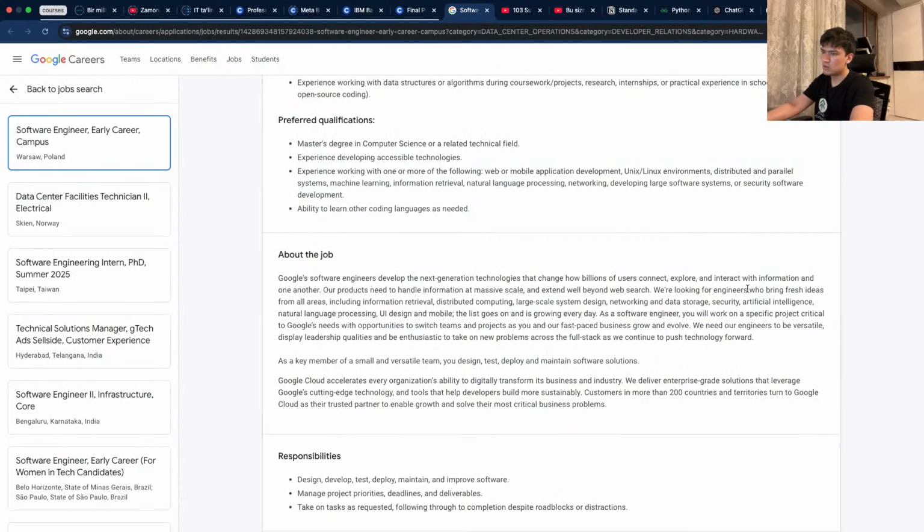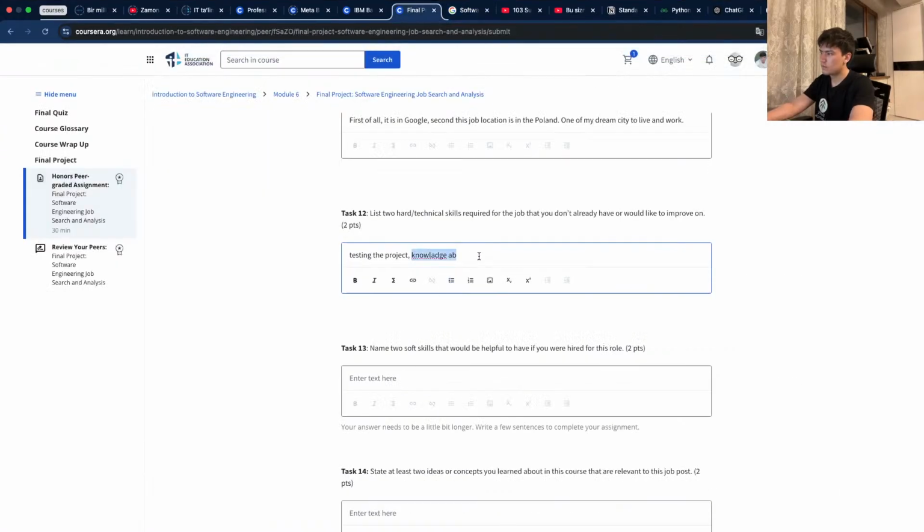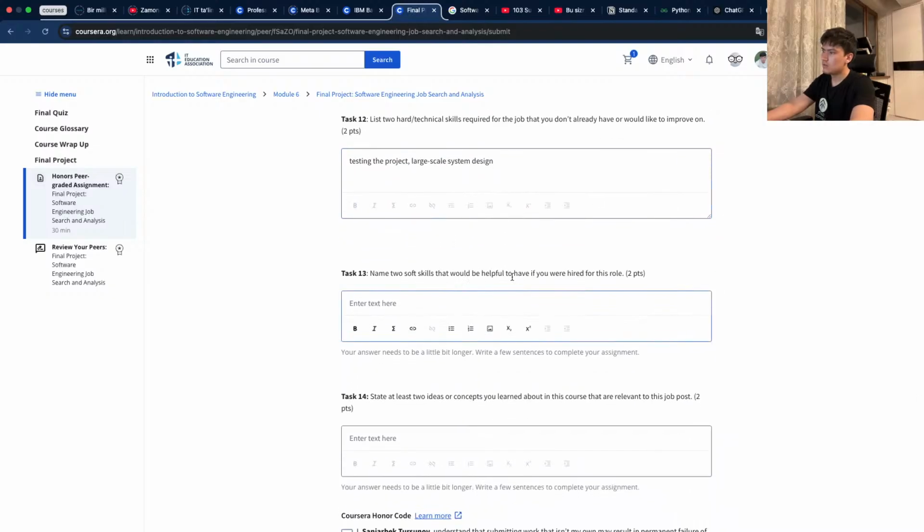Knowledge about large-scale system design. Soft skills that would be helpful to have: fast learning, communication skills.